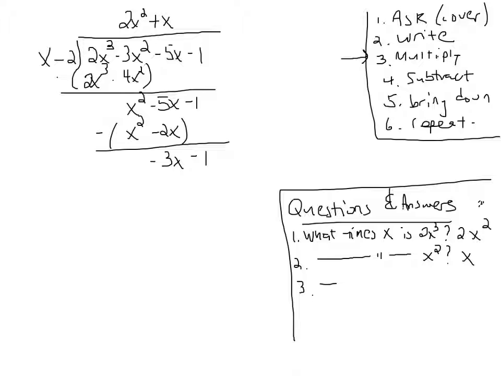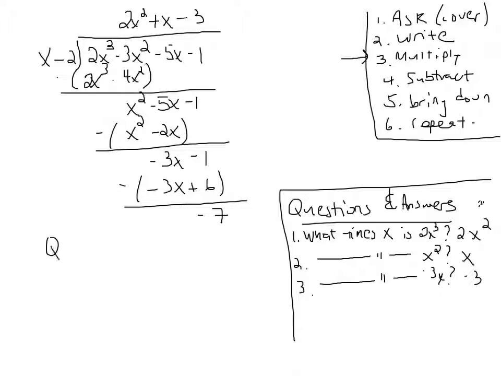And then our third question, what times x is negative 3x? And the answer is negative 3. So we multiply and we subtract. The answer is not 5, but negative 7. So the quotient, the answer to the division problem, is 2x squared plus x minus 3, and the remainder is